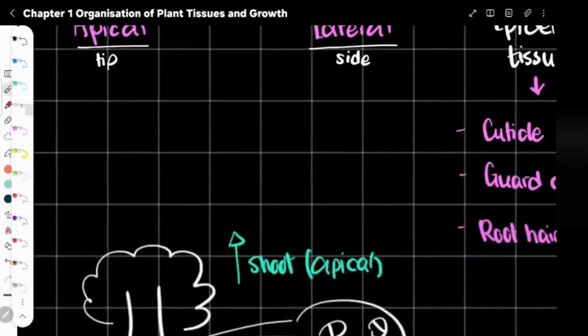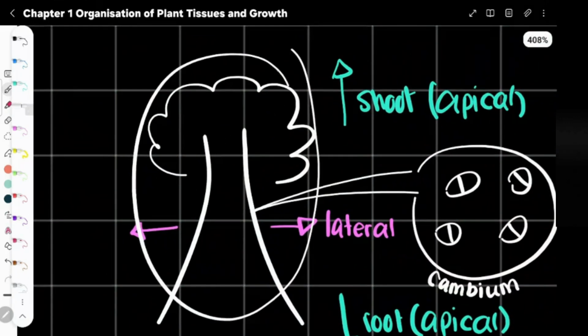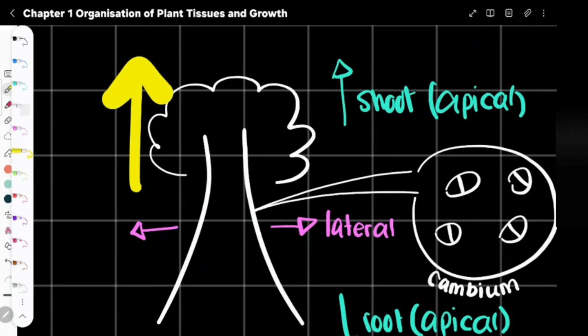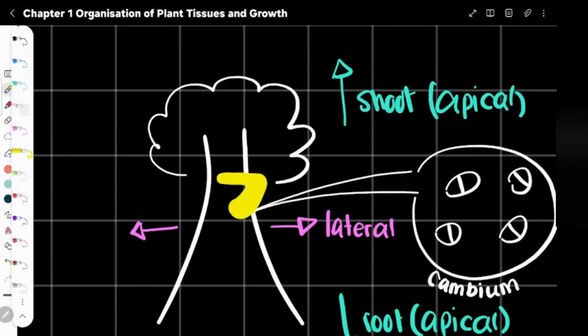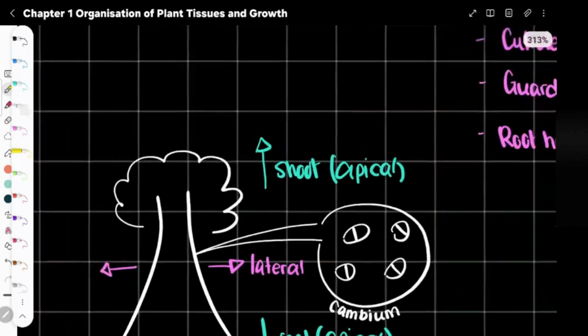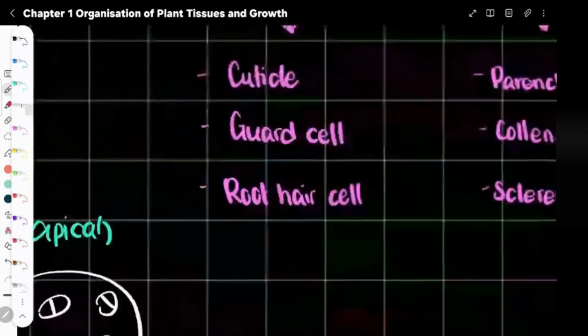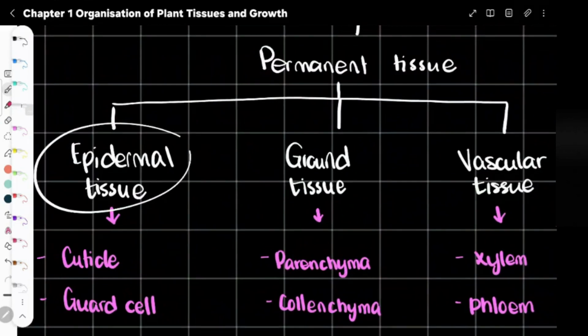If I were to draw a diagram, it will be like this. If you have a tree, it can only grow in certain ways. It can only go upwards, and also left and right, and also down. But there is only a certain way that they can grow. Today we're going to learn how they actually grow and what is the function of some cells. And also in the permanent tissue, there are three tissues that you have to know: epidermal tissue,